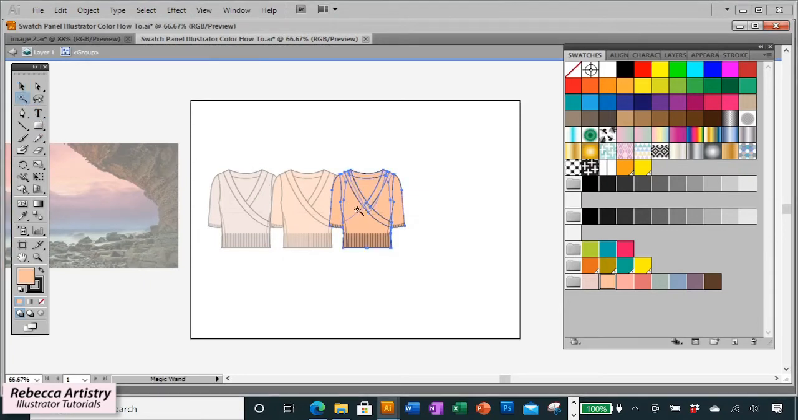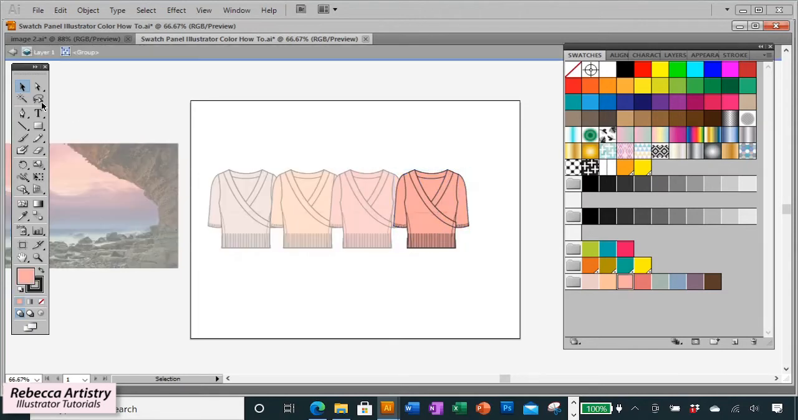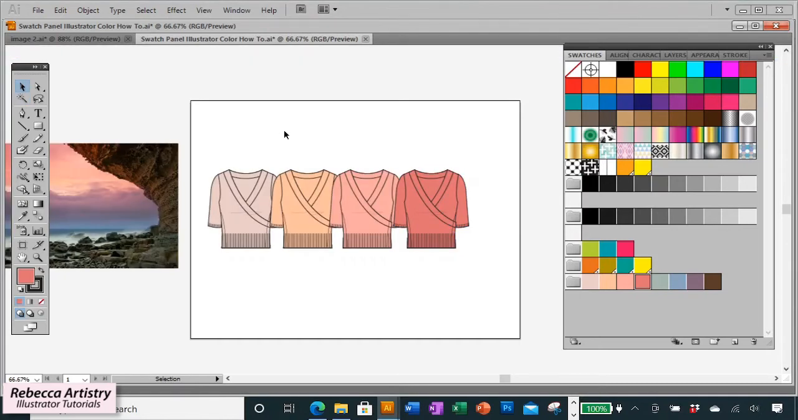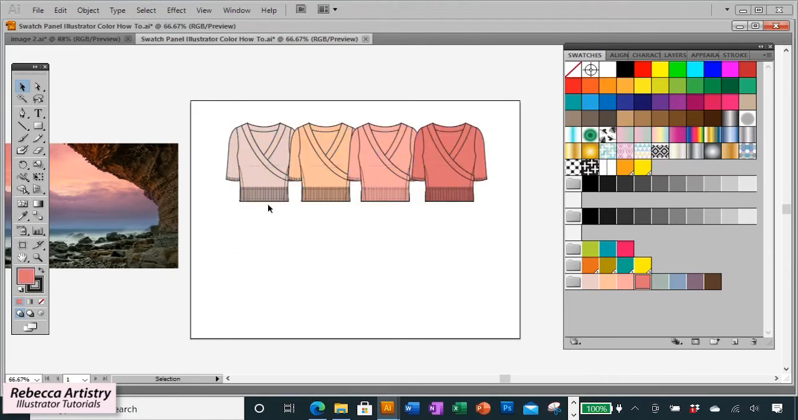So isolating, selecting the color with the magic wand, and using our light coral here. Again, we're copying, isolating, selecting with the magic wand, and we're selecting our dark coral. It's kind of like a terracotta color. And we're just gonna move those up, and we will just take this one and copy it down,